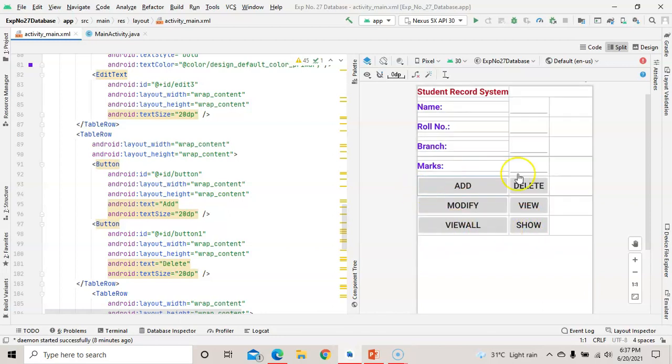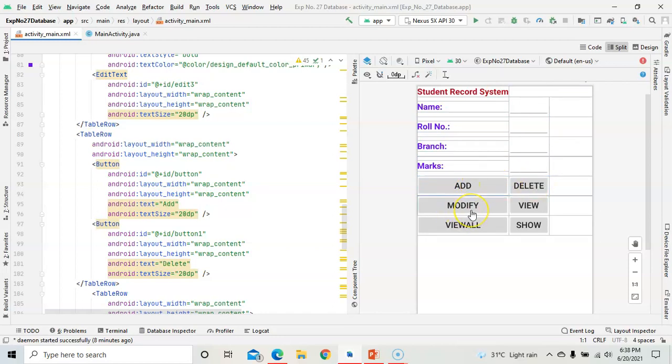So there are a total of 6 buttons we have added, and on these buttons we will do the operations by using a SQLite database. Whatever information the student adds in the edit texts, that is name, roll number, branch and marks, by the add button it will be added to a database. By the delete button it will be deleted.